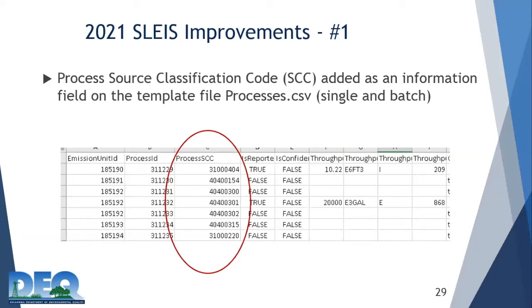In this CSV file, it used to only have the emission unit ID and the process ID.